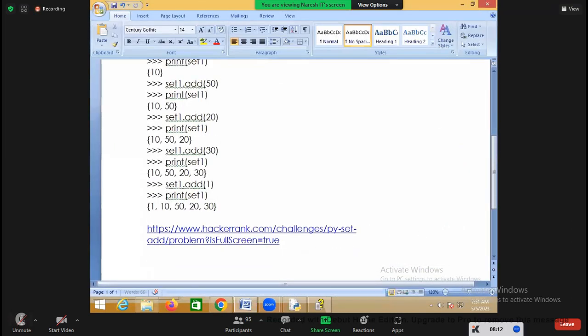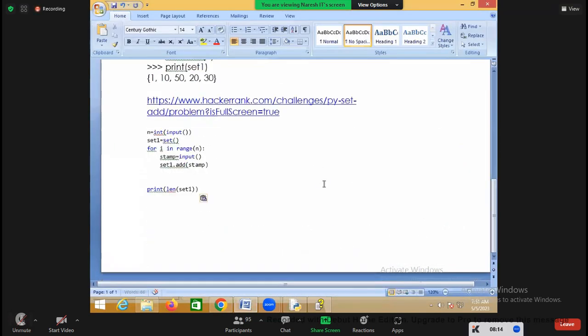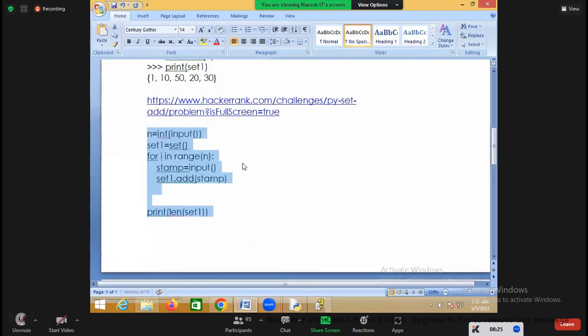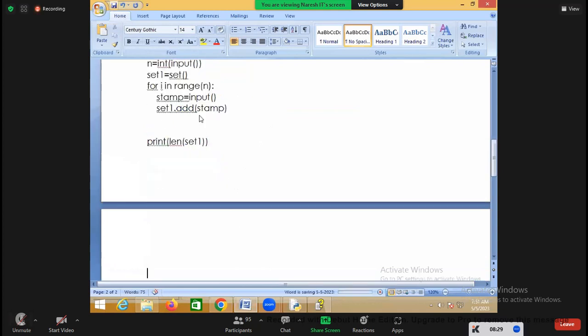So if you want to add any element after creating the object, you can add an element after creating the object by using which method? Add method. So add method adds how many objects? Only one object. Okay. So next one is,